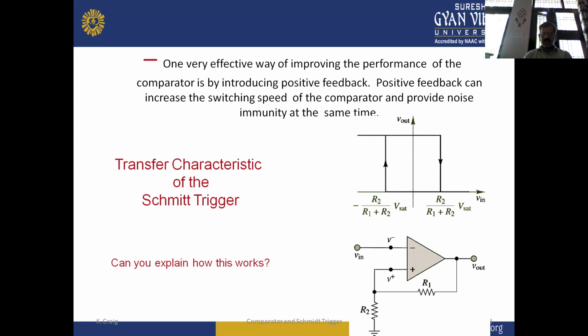Also here is the circuit diagram of the Schmitt trigger, in which feedback is used through the R1 resistance, and the voltage input is applied to the inverting terminal, and the feedback network is across the non-inverting terminal of this operational amplifier. The first waveform diagram shows the transfer characteristics of the Schmitt trigger,